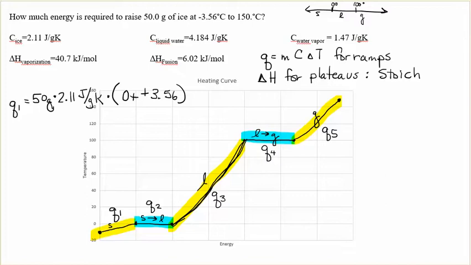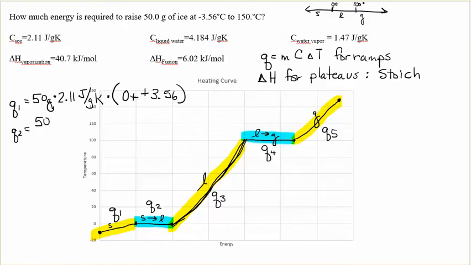T final is 0. T initial is 0. But you absolutely have to have energy added in order to undergo the phase change. So we're going to use the delta H for the plateaus. We're going to use delta H of fusion for solid to liquid transitions. And it's stoichiometry. So Q2,